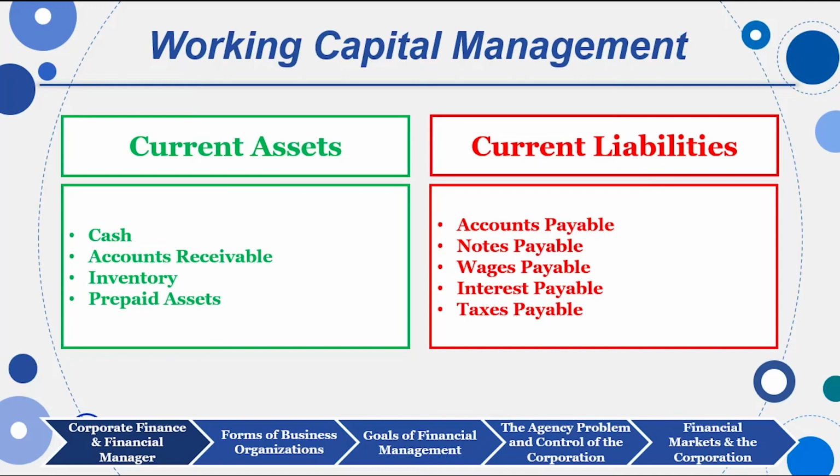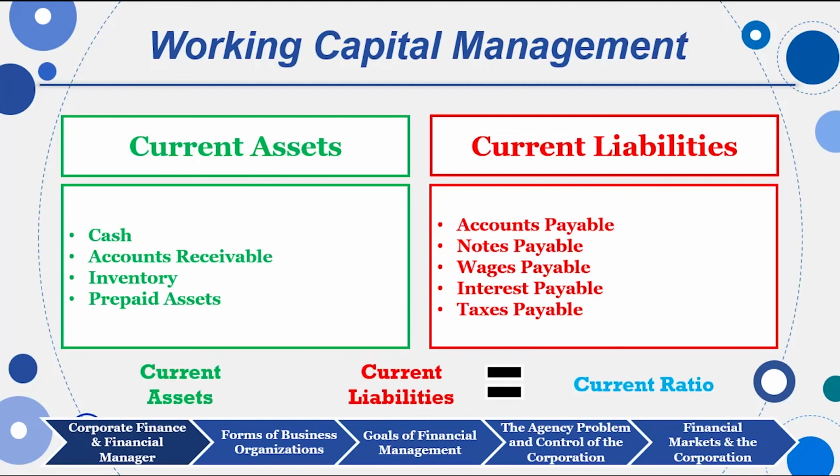Current liabilities are also listed on the balance sheet in order of decreasing liquidity, accounts payable, things I owe. What I own is on the left, current assets. What I owe is on the right, current liabilities. Things like accounts payable, notes payable, wages payable, interest payable, taxes payable. Our authors like to think of those things payable within the coming year. In my personal life, I take accounts payable pretty seriously. I want to pay them this month. So if I have a credit card bill payable, I want to pay that thing right away.